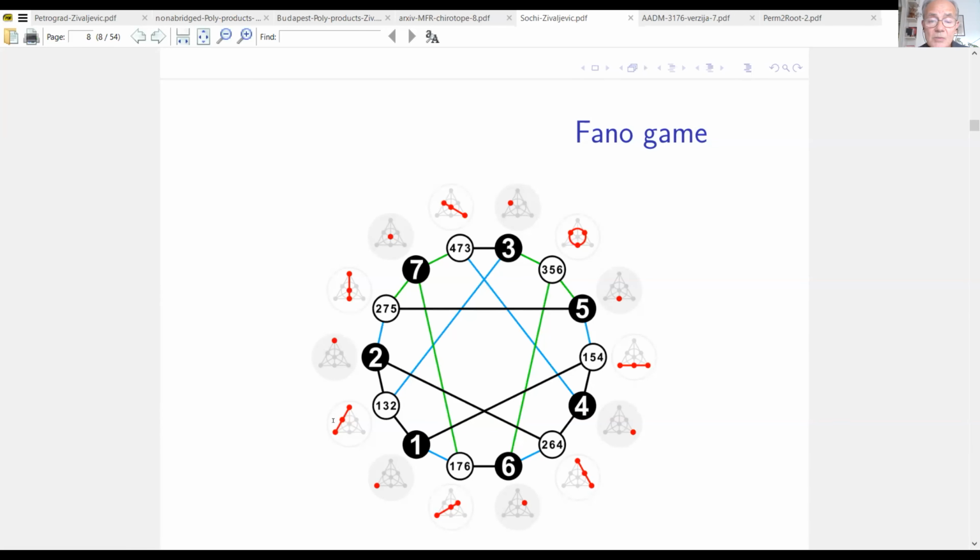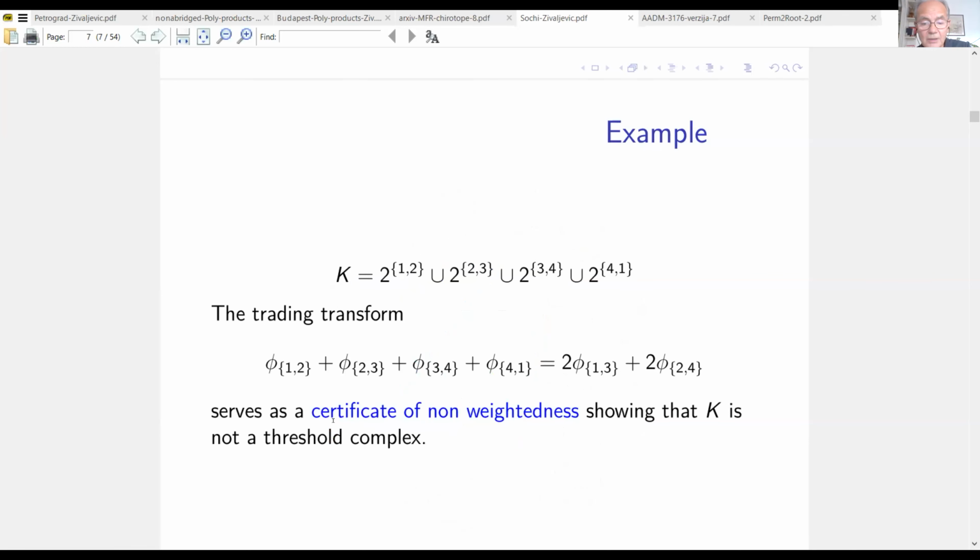And this may appear to be very strange because winning coalitions are of smaller size than some of the losing coalitions. So a line is of cardinality 3, and some losing coalitions have cardinality 4. But what is remarkable about this funny game, one of the remarkable things, is that there exists a trading